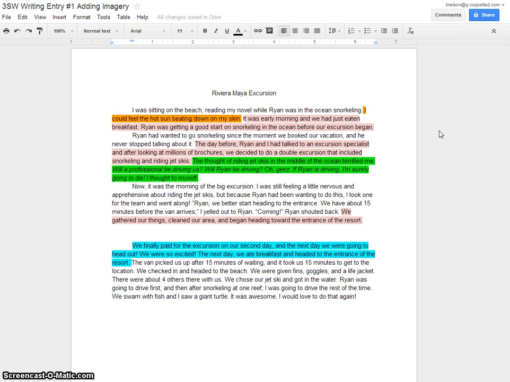The things that are highlighted in light pink is my extra detail. I gave some imagery, and then I go in and provide some detail about what's happening. I'm setting the scene for the reader. I had this line: Ryan had wanted to go snorkeling since the moment we booked our vacation, and he never stopped talking about it. Then after this line, I go in and I give some more detail, and then I